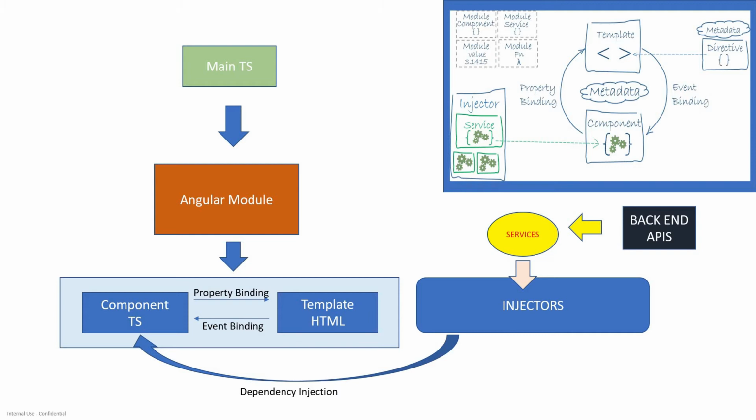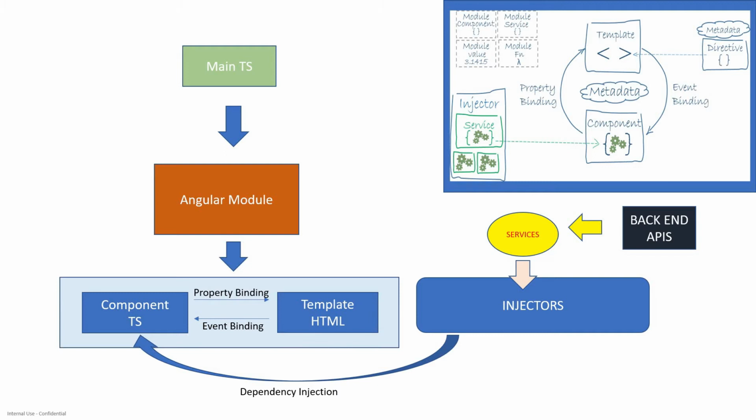And what does it contain? That component will have one component.ts file, one component.css, one component.spec.ts, and one component.html. The CSS is for the style sheet, and the spec is for testing, unit testing. So let's leave those aside. These two files: one is component.ts and one is component.html. The component.html is nothing but a template containing plain HTML, and component.ts contains TypeScript.